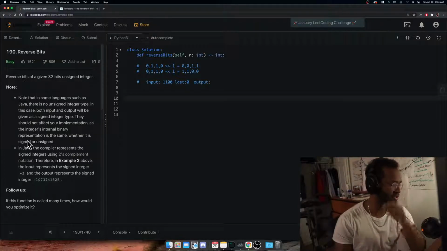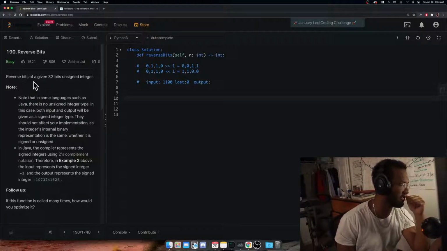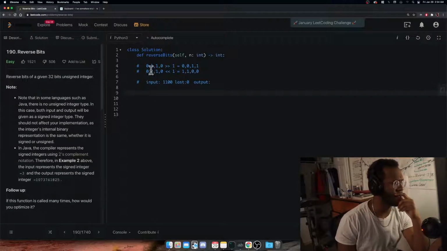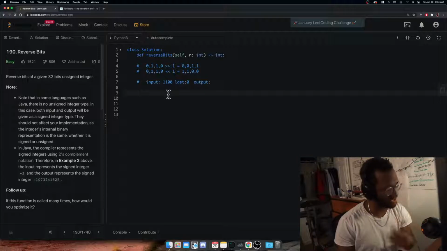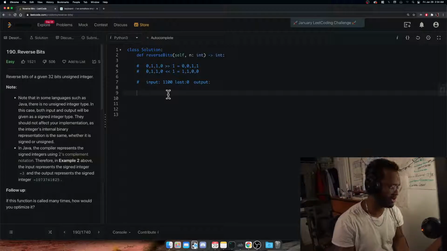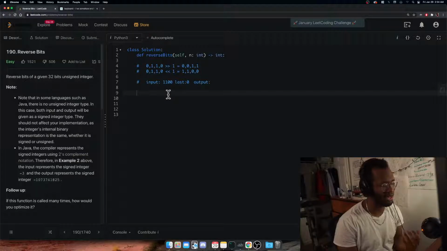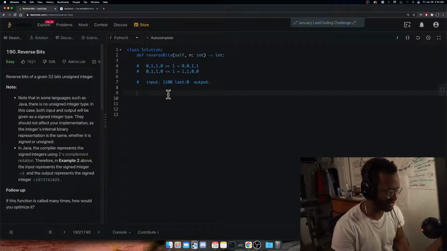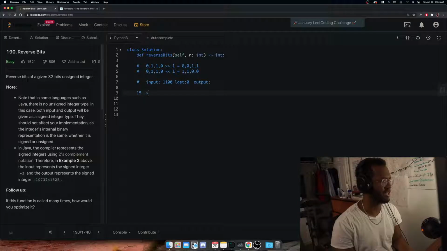Before we even talk about it, the problem says reverse bits of a given 32 bits unsigned integer. Basically what they're asking is, let's just assume that we're working with numbers represented using 4 bits. Unsigned, that gives 16 possible different values, so pretty much 0 to 15. Say we pass in 15. 15 in binary is going to be